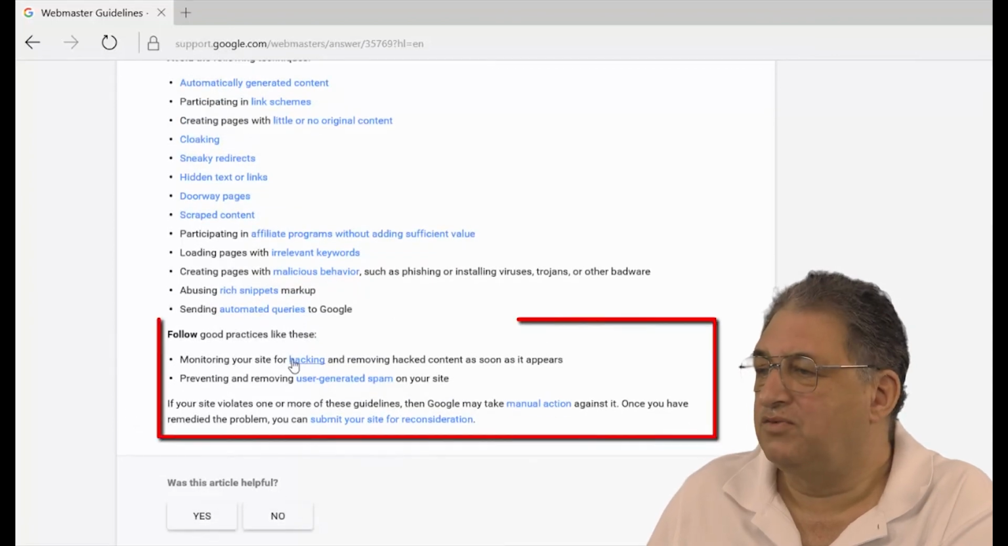You should monitor your site for hacked content. If you're not sure how to do this, you'll see later how to use things like the Google